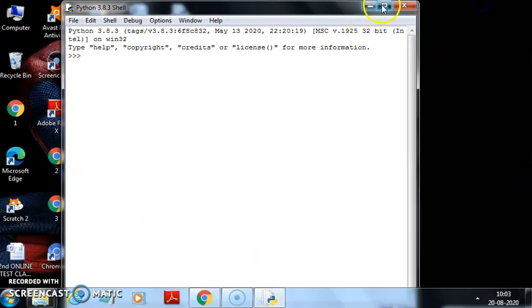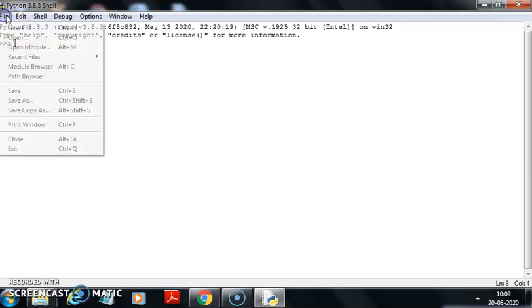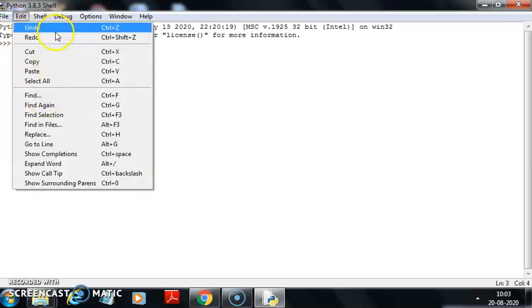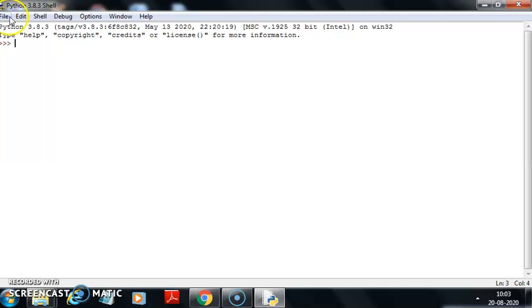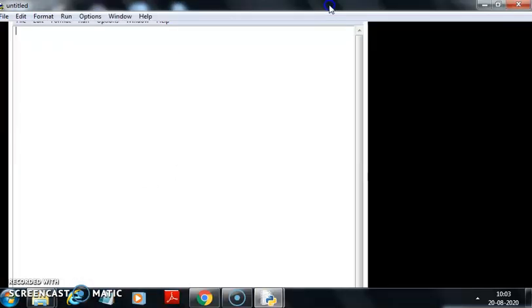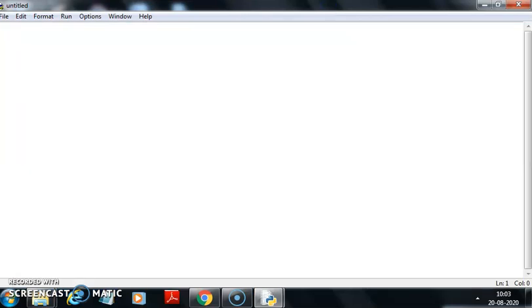So I came here and I am making a new file here, and within this file I am making a module which will calculate perimeter. So I am making functions related to perimeter. I am keeping the name as peri_rect.